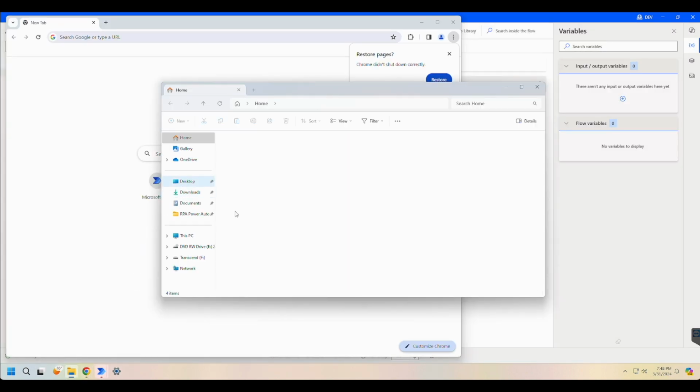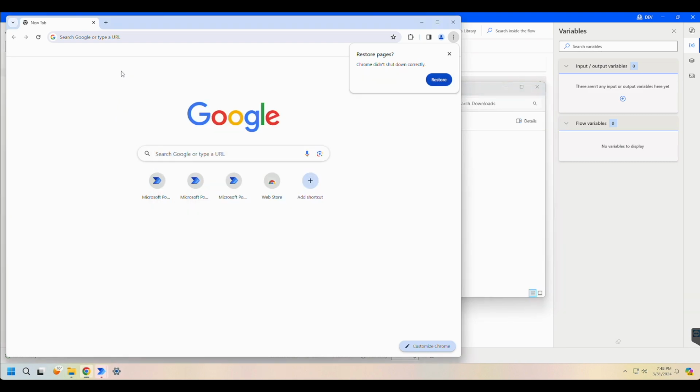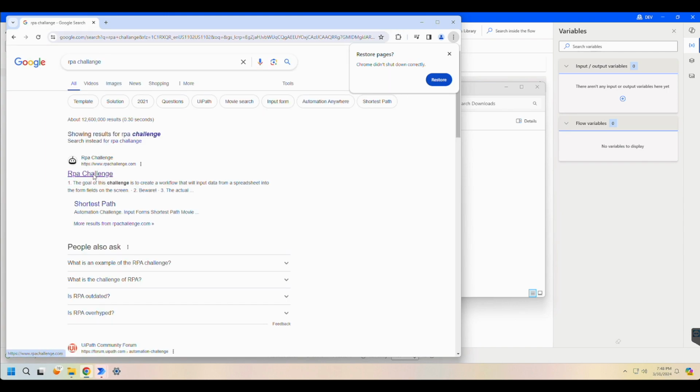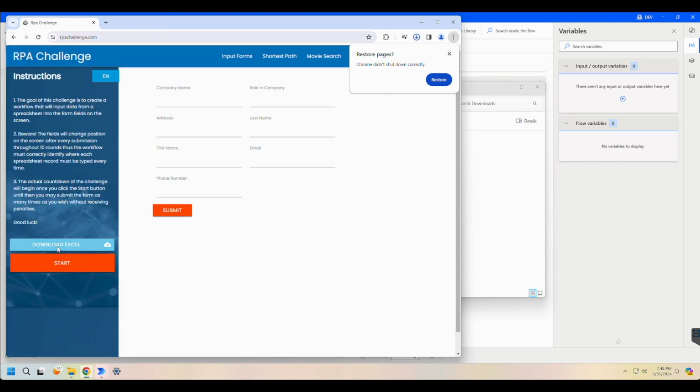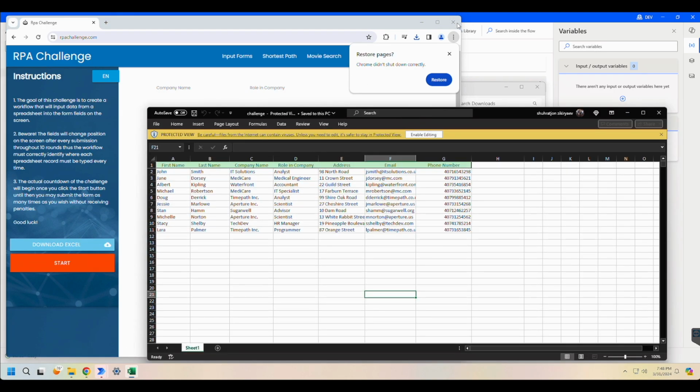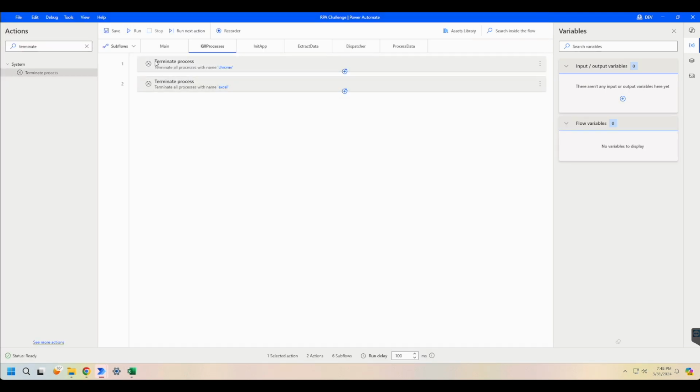Now let's just open a Chrome and yeah, let's just download quick Excel, download Excel file. Just open Excel as well. So now that we have Chrome open and Excel open, we want to test this component to make sure it